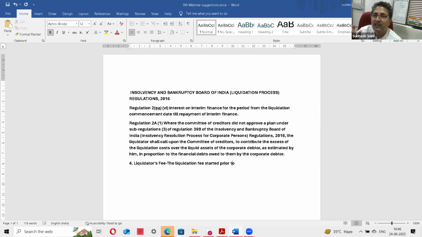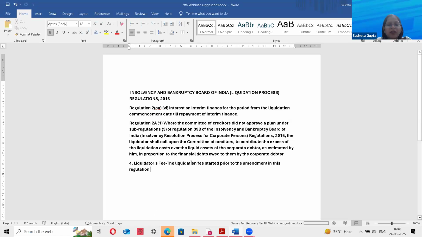Actually, some monthly fee should be there in cases where there is some litigation, there is no asset, or suppose there are some debtors and some minimum asset is there. Sometimes only 2 lakh asset is there. Yes, sir. Continue. The liquidation fee in cases started prior to the amendment of this regulation